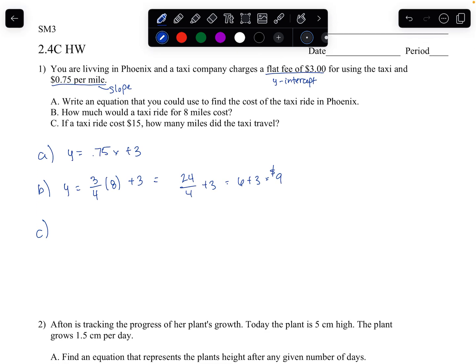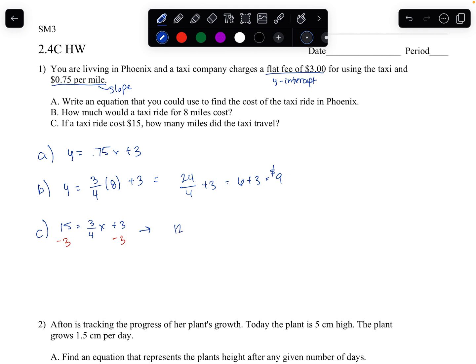So in this case, I'm going to use 15 in place of y. And then, oh, I don't need to put an 8 for x. This is just going to be x, because x is what I'm solving for. X is the amount of miles. So I'm going to subtract 3 from both sides right here. So subtract 3,